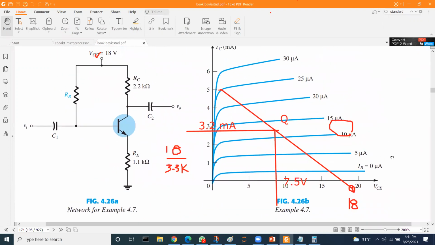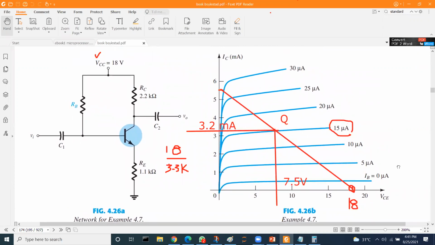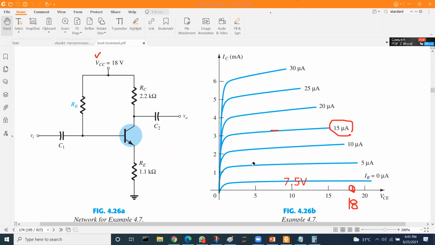Okay, so by the same methodology, we can find and solve the other parts of the example as well. Okay, students, if there is any related question,